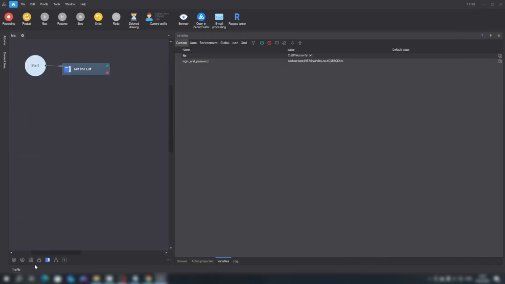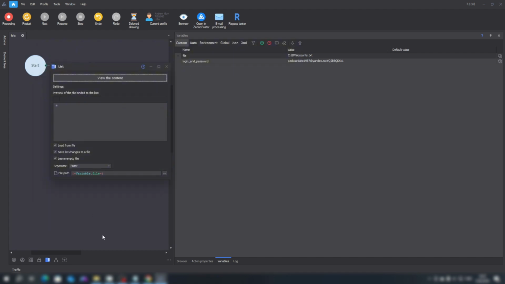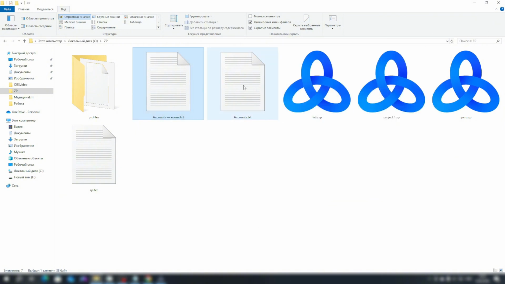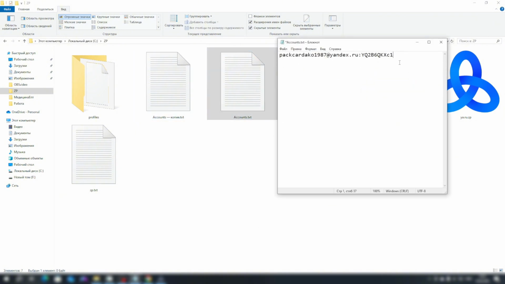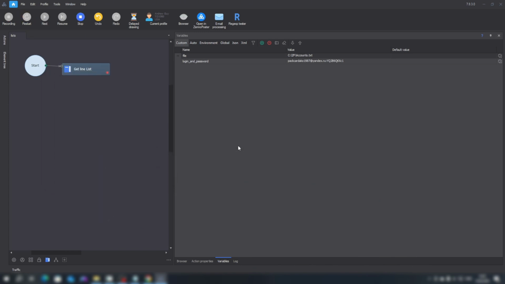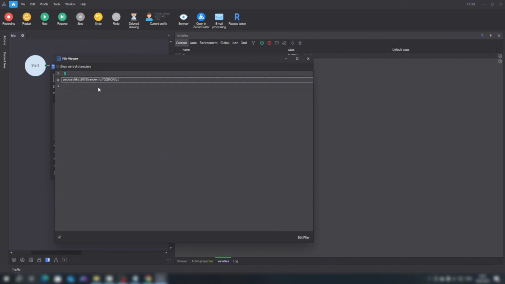If we go into our list and look at its contents, we will see that there is an empty line here. And if we copy the value from here again, let's copy it like this. And we had a second new line. And we click Save. We close all this and restart our script. The process stops and everything is rewritten in the same way. We go into our list and we see that here we have a second empty line for the new value and the first filled one. So one contains it, the other does not.